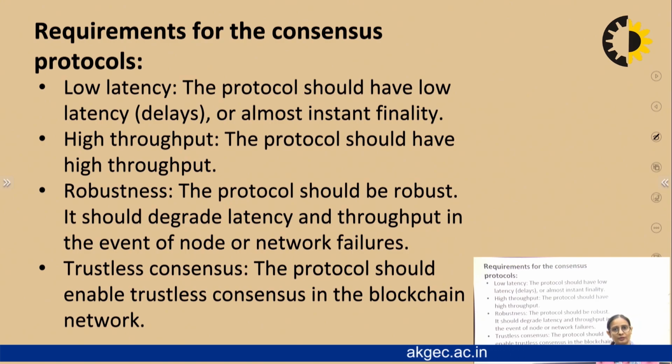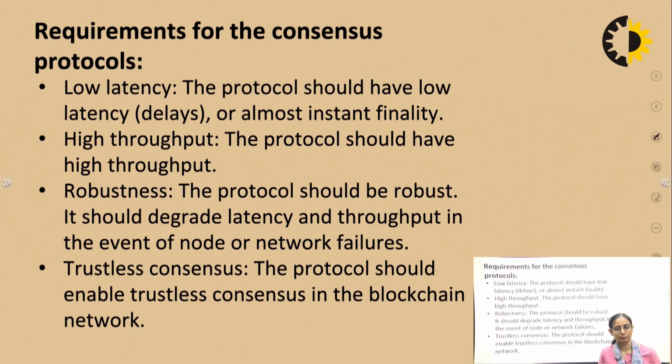Now the thing comes when we talk about the consensus protocol. We have n number of protocols available in blockchain, both for the permissionless and the permissioned environment. So now the question comes: what do we expect, what does the blockchain architecture expect from these algorithms? The very first thing is that these protocols should support low latency, that is, low latency delays or almost instant finality. High throughput,